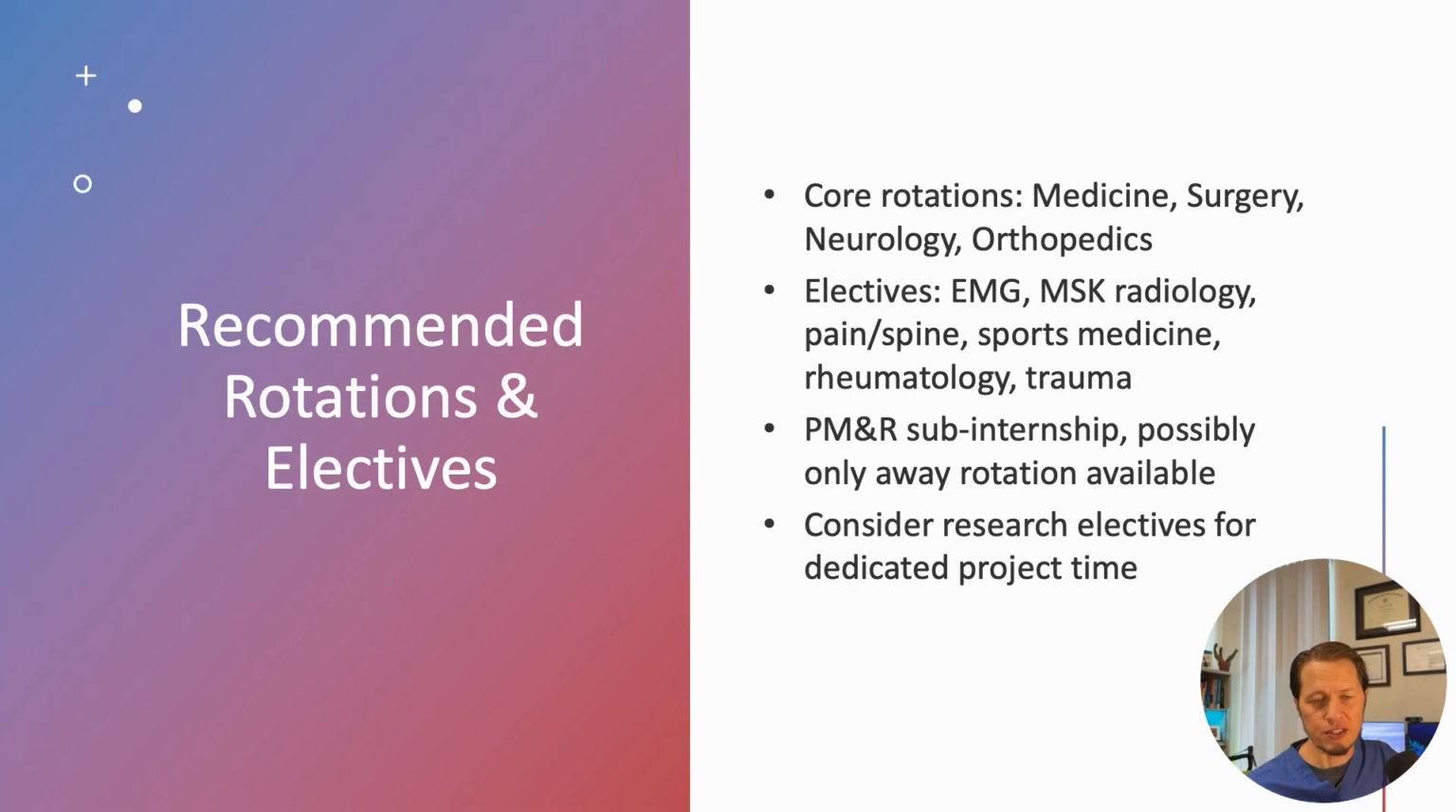Now, of course, the core rotations like medicine, surgery are essential, but neurology and orthopedics are absolutely paramount to PM&R. PM&R is essentially where neurology and orthopedics overlap, and those are core rotations that you must do. For electives, you can certainly consider EMG if you can find it at your institution. MSK radiology, very important. I found that incredibly useful. Pain and spine, if you're into that. Sports medicine and even a general trauma elective are useful. Many programs do value that exposure to these related specialties, even like rheumatology